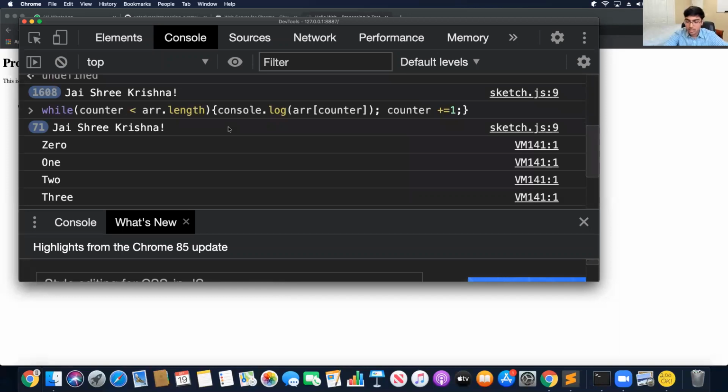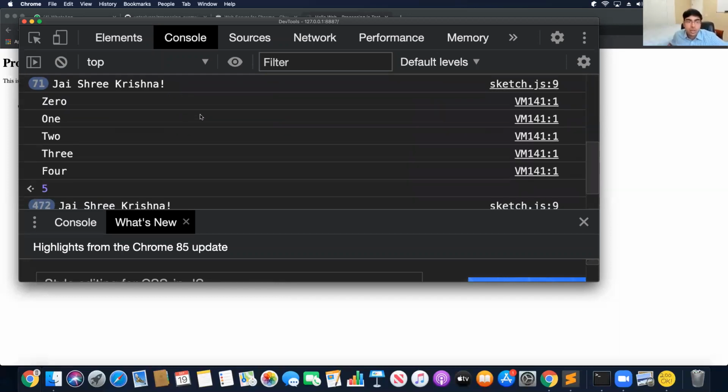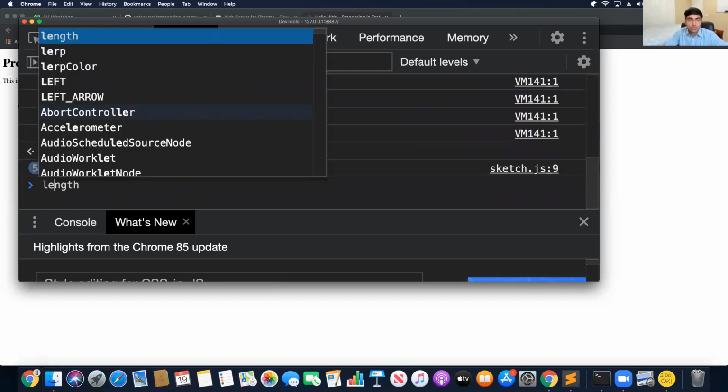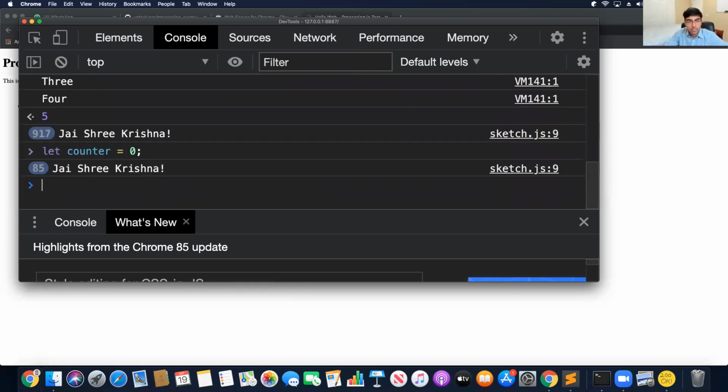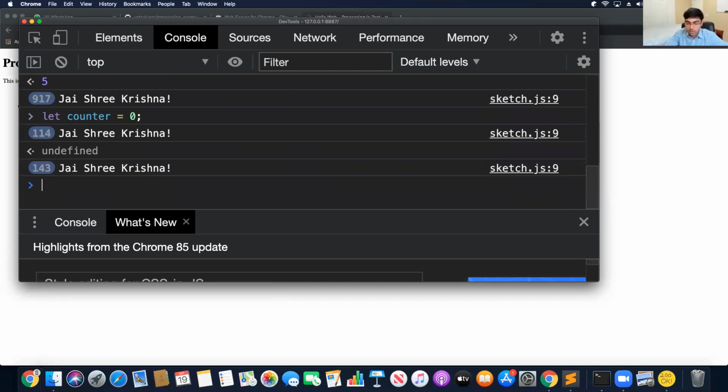And then the third way is called a do while loop. So I'll show you that too. Okay, so we'll define our counter to 0 again, and we'll say do console.log arr while